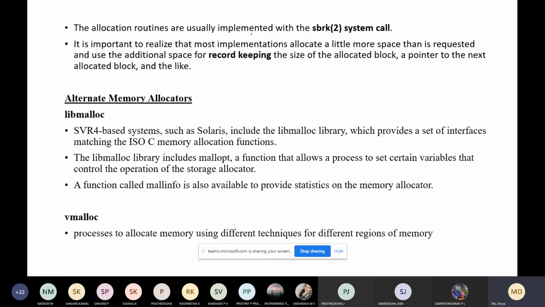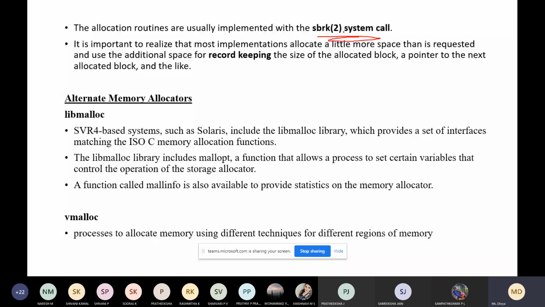They are built-in routines, implemented using the sbrk system call. This system call expands or decreases the heap of the process. So this system call is necessary for increasing or decreasing the space in the heap.